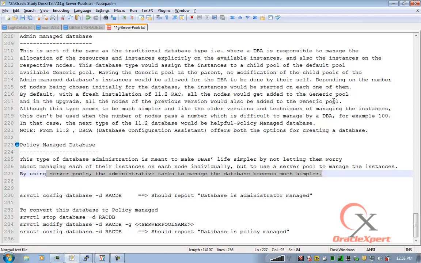Oracle will automatically and transparently manage the cardinality of your service. Cardinality is the number of servers that need to be alive in a given server pool. A server pool is only considered when the minimum number of servers is available. Only then will it be treated as a valid server pool for service migration.